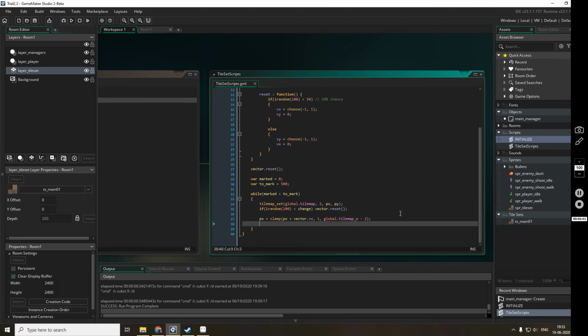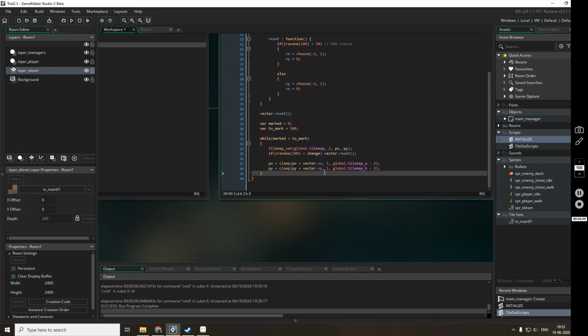Same thing we have to do for the py. Okay. Yes, now px and py are changed.